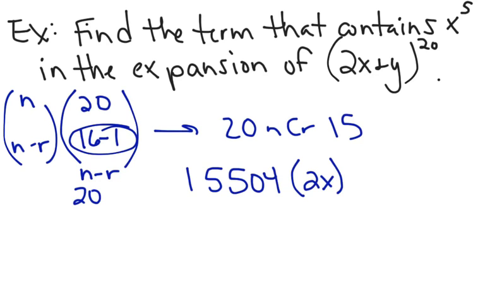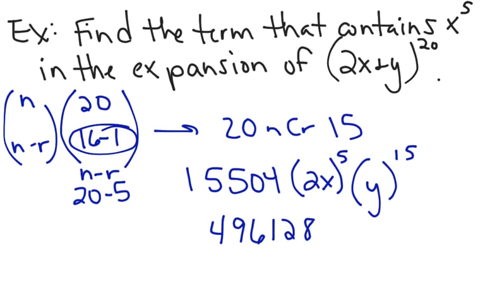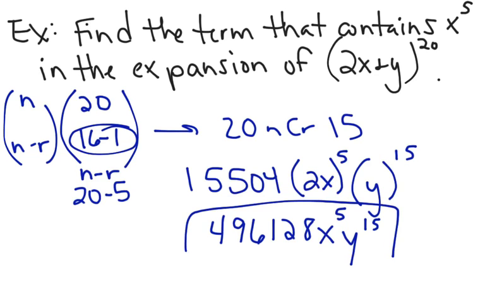You could have also found this, instead of doing 16 minus 1, you could do 20 minus 5. r is actually 5 in this case. And the second term, the y, is going to be raised to the n minus r power, which we said was 15. So in order to finish this problem off, we're going to have to multiply 15,504 times 2 to the 5th, and 2 to the 5th is 32. So you're going to find out that it's 496,128 x to the 5th, y to the 15th,